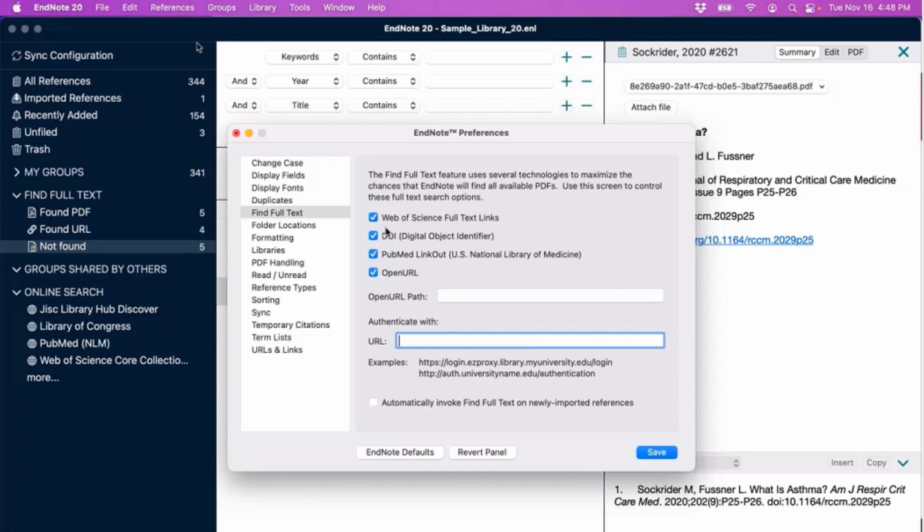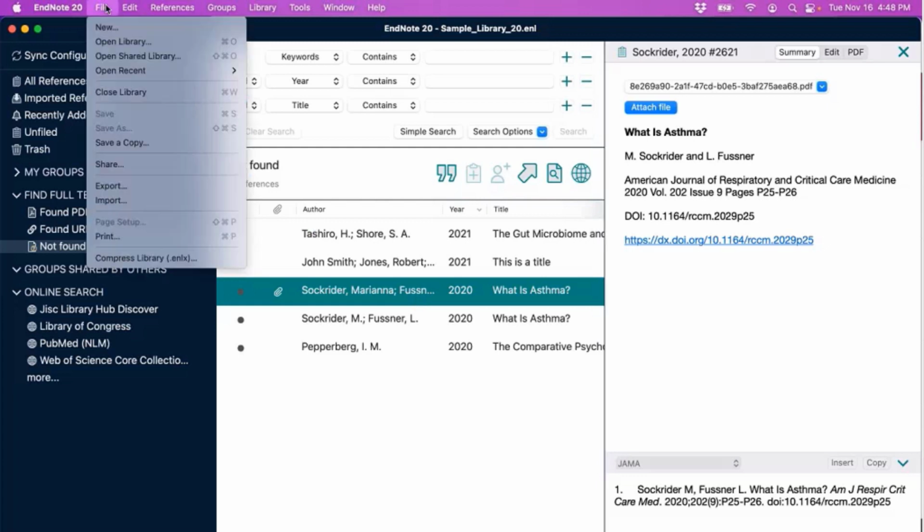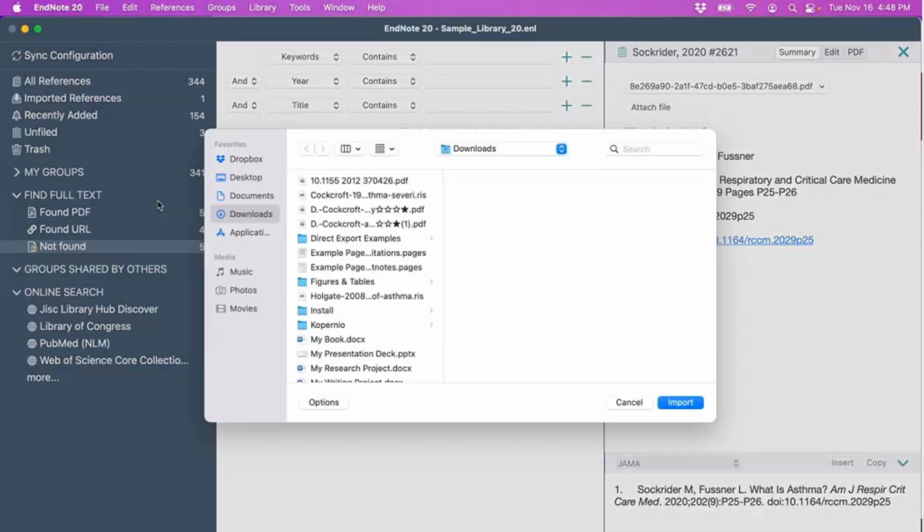Now, if you are that type of researcher who is just coming across PDF articles on the web and you're just saving those during your discovery process to your hard drive, you could import those into EndNote as well. And you could do that one at a time, file by file, or if you've got an entire folder of PDFs, you can point EndNote to that folder, and EndNote will try to import those PDFs into your library one at a time automatically. So to do that, in EndNote 20, you would go to the File drop-down menu. Here on macOS, you would select Import from File.